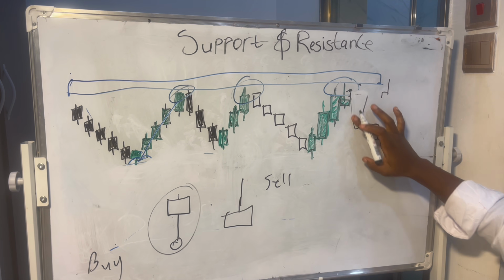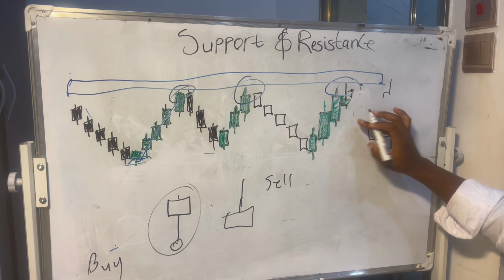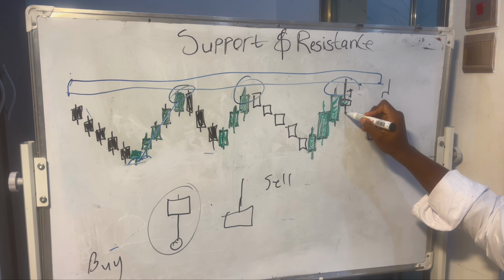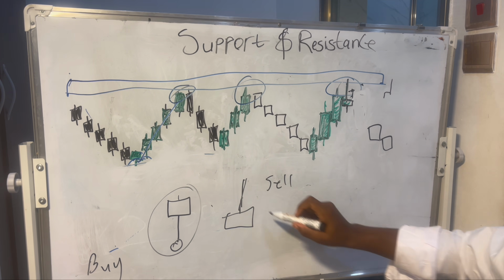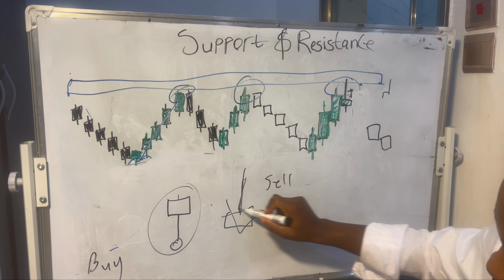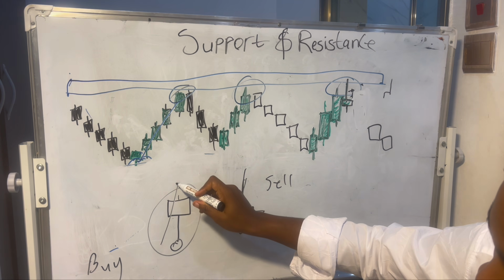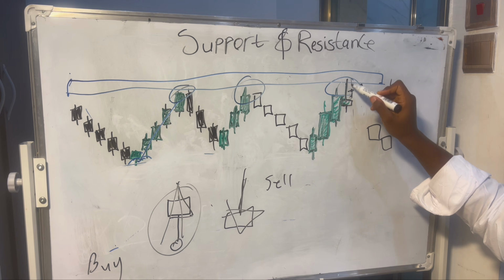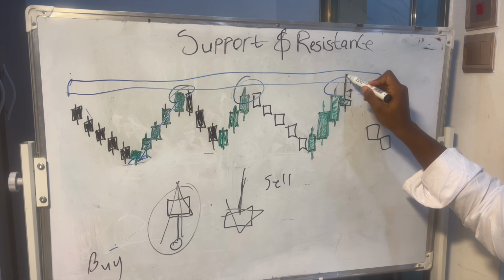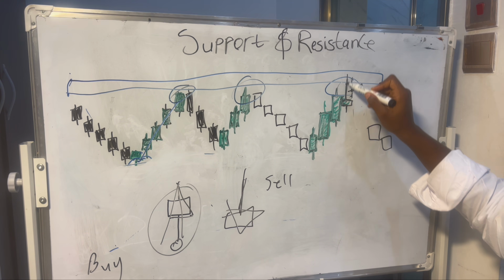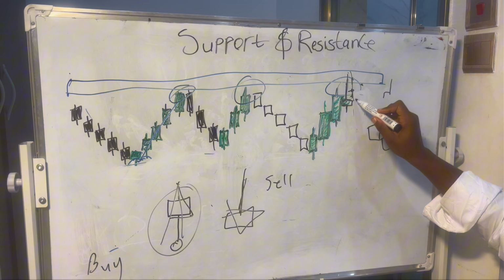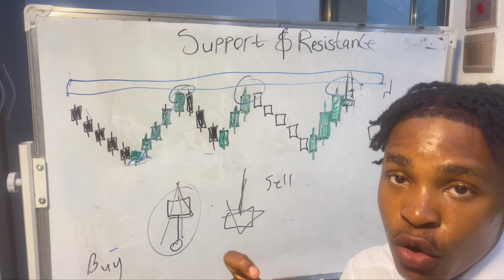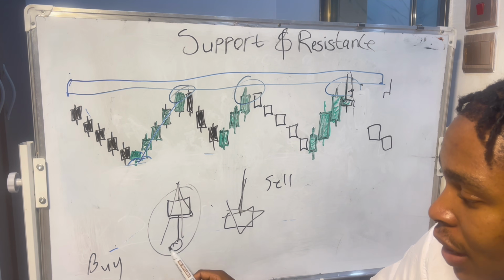So let me give you guys a quick example, right? For example, here you can see that this is a long wick, right? It's kind of like an arrow pointing downwards, and this is kind of like an arrow pointing upwards, right? So here, this is a sign for you to sell because it showed a long wick. That means the market was green, and then sellers pushed the market down, so you can basically enter from this point. So once the market reaches your ceiling or your floor, you have to wait for a rejection.